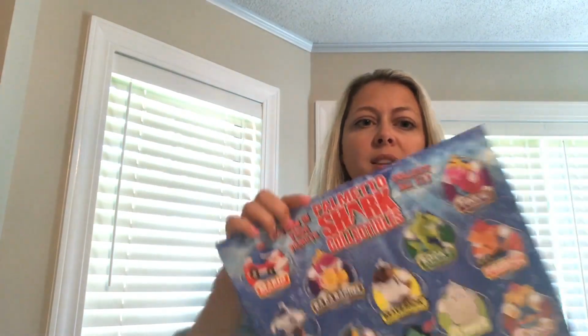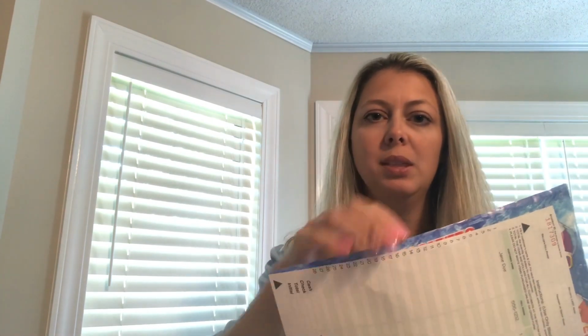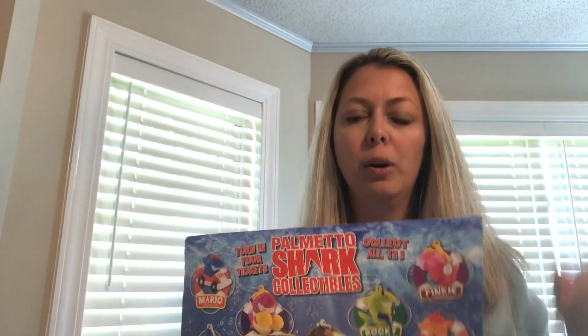When you're turning them in on that Tuesday, send this packet back with the form in it and the money that matches. If you don't mind, put the money in an envelope or a Ziploc bag or something and just put it down in this envelope. And what we will do is when we are done checking it, by the end of the day, your kid will receive this back, and they will have a blank form